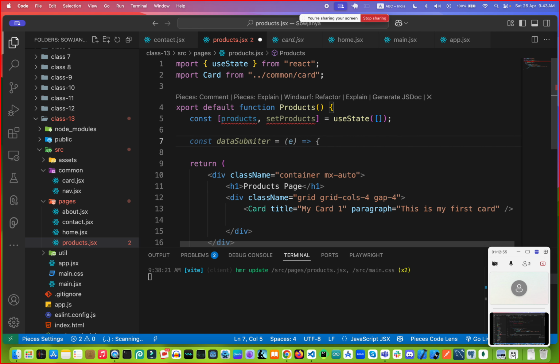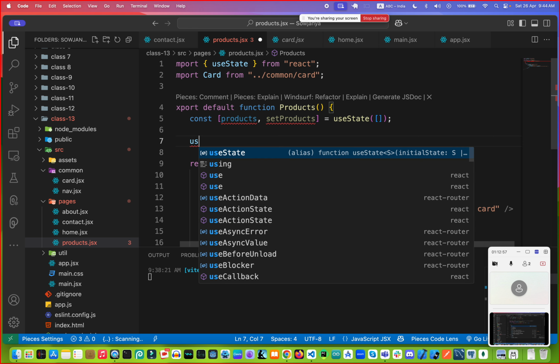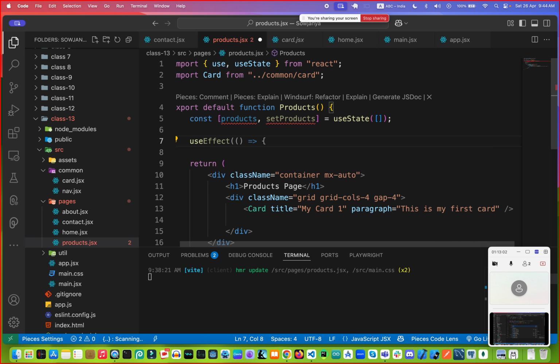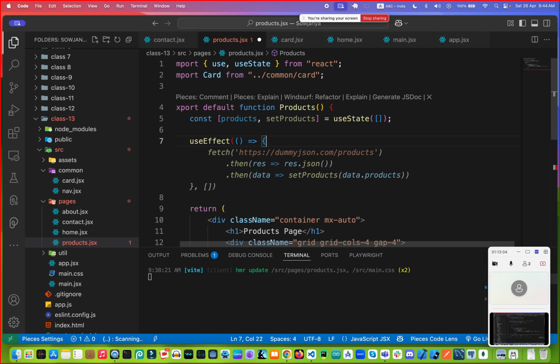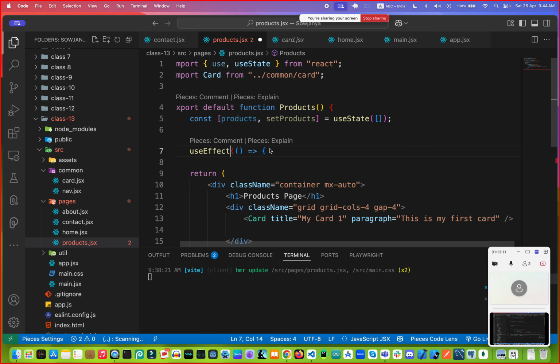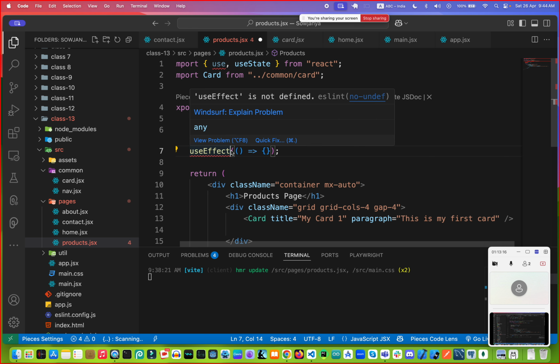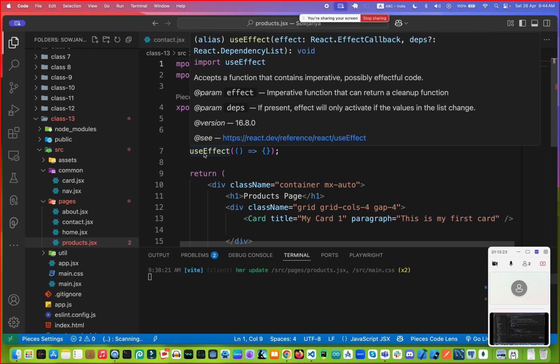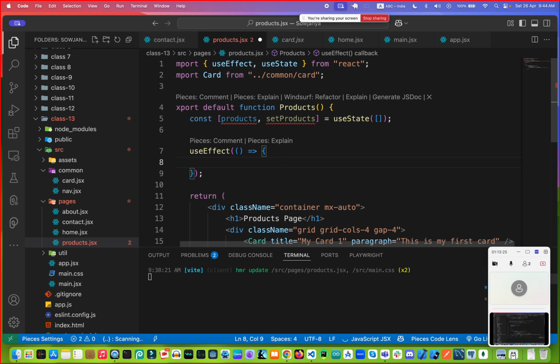Another function is also required when data is loaded. How can we see whether data is loaded or not? For that purpose we can use useEffect, which is another function required. Once the data is loaded or not, we need to check this particular thing first. useState is required also. And after that,